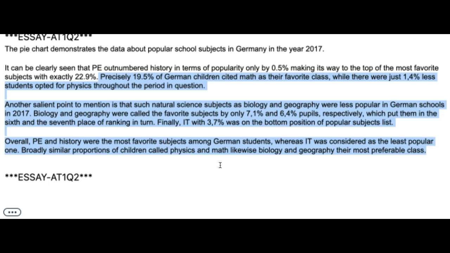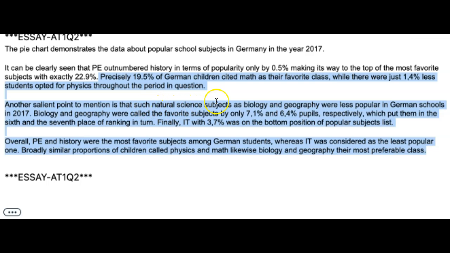Also better to communicate. Precisely 19.5% of German children cited math as their favorite class. Be careful about spelling. Okay, anyhow, it's their favorite. Okay, well, they were just, well, done with using a conjunction, while there were just 1.4% less students who took physics throughout the period in question. Beautiful. Another salient point to mention is